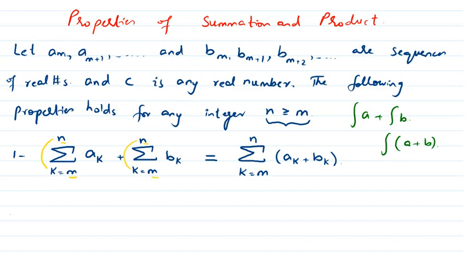So let's go for the second property here. Any constant c, that is in fact a real number, that is multiplied with some summation k from m to n a of k. ठीक है, देखिए summation का main यहाँ पे concern किसके साथ है, a के साथ, क्योंकि k indexes के ऊपर ही ये summation run कर रही है। इस summation के accordingly ही आपने यहाँ पे number of terms लिखनी है, वो 6 आती हैं, 7 आती हैं, 10 आती हैं, whatever is a number. So a of m plus 1 plus a of m plus 2 and so on, last term will be a of n। और इस पूरी summation के result के साथ एक constant multiply हो रहा है c। You can also write it like summation having the same span, that is from m to n, right?